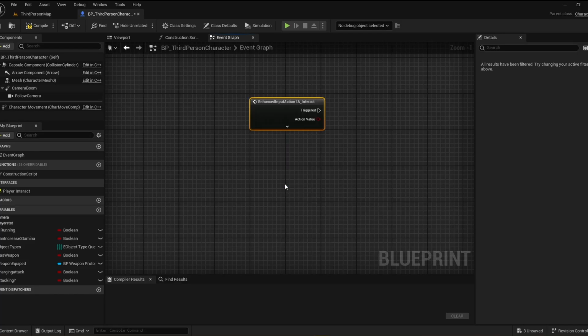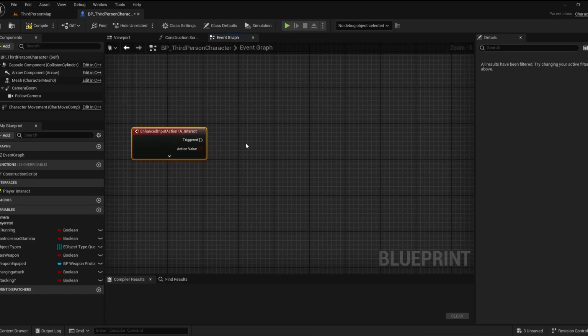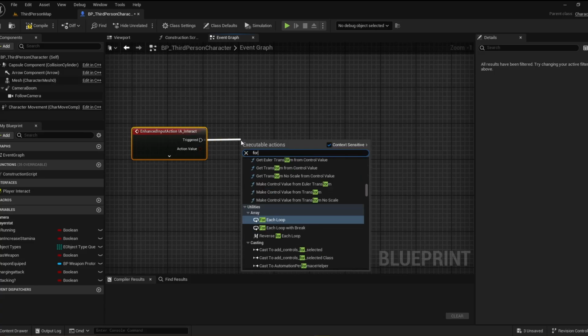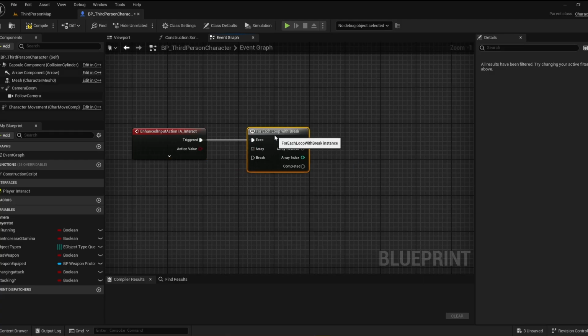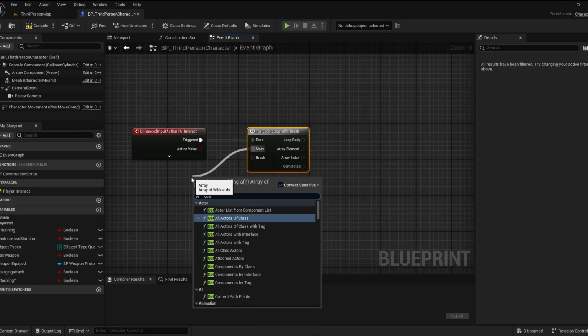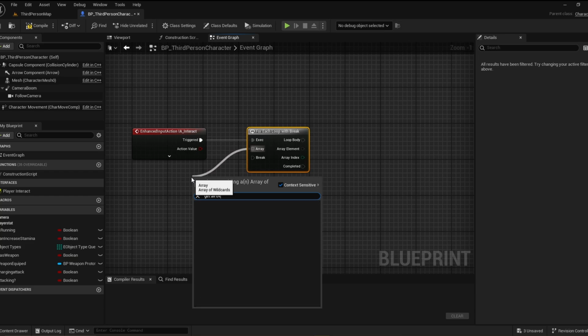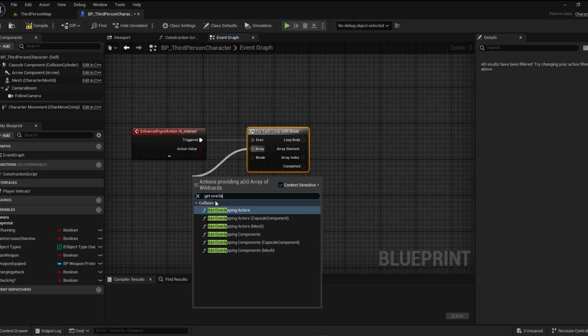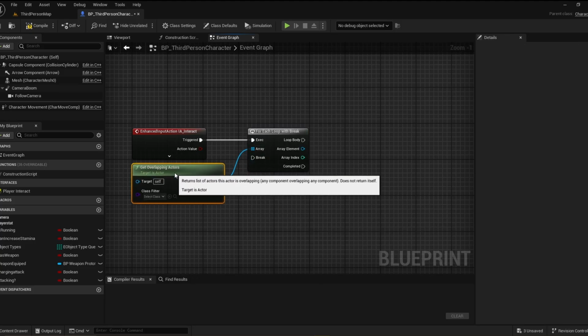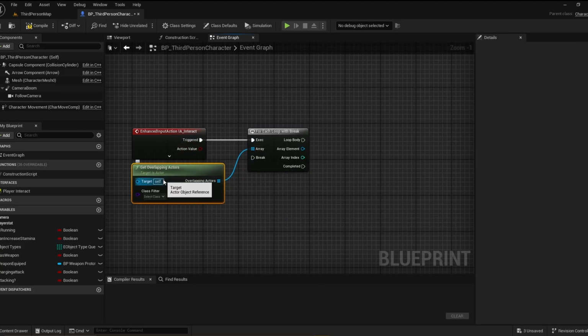IA interact, here it is. And what we're going to do with IA interact, we're actually going to do a for loop. So when you interact with something, you're going to want to do a for loop with break. And we will show you this in a second. Off of array, you're going to want to get overlapping actors. There we go. This will create an array of everything that the player is overlapping at the second using